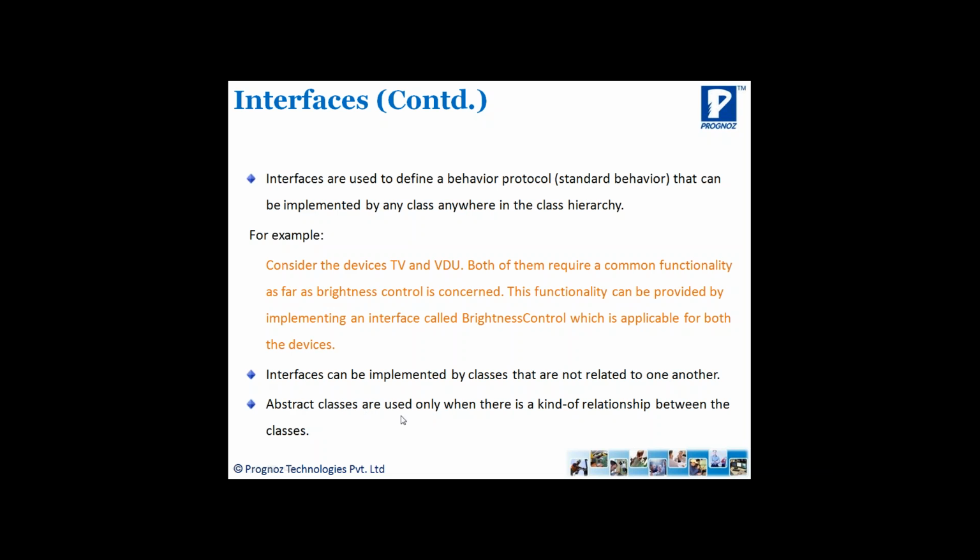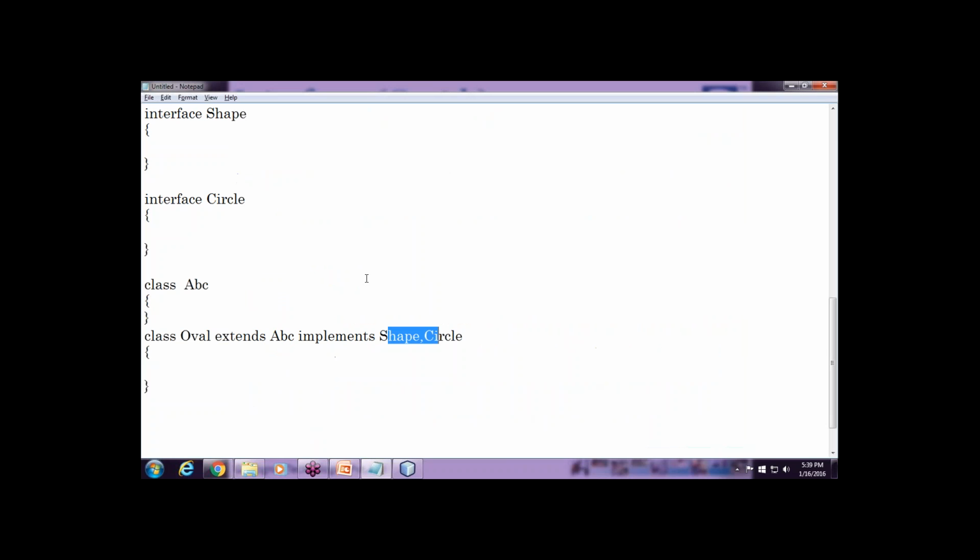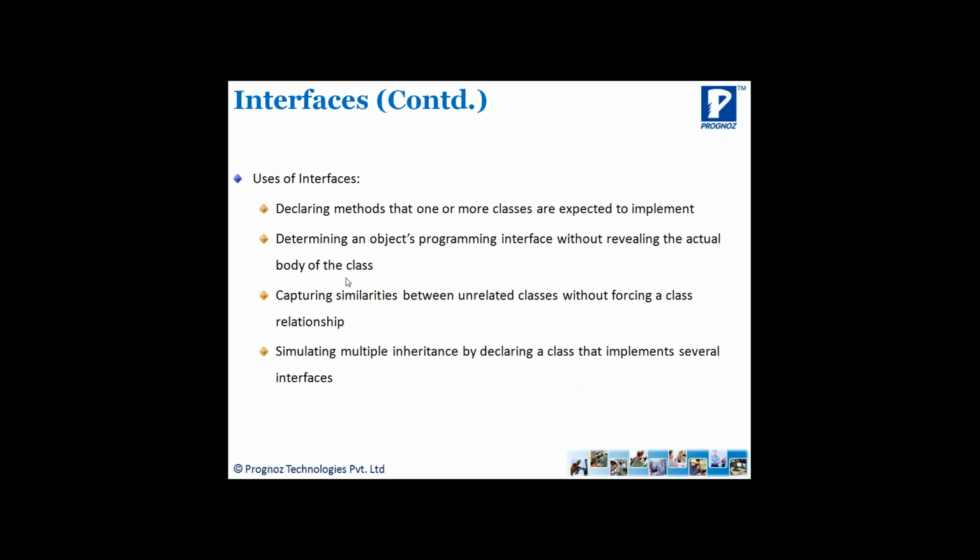Okay, and abstract classes are used only where there is a kind of is-a relationship between the classes. And what are the uses we are having? More classes are expected to implement, like we did. Shape and circle may be a class, but I am not able to use them if they become a class like this. I'm not able to separate them with a comma if they become a class. So if it is an interface, then it becomes possible. And revealing the actual body of the class and